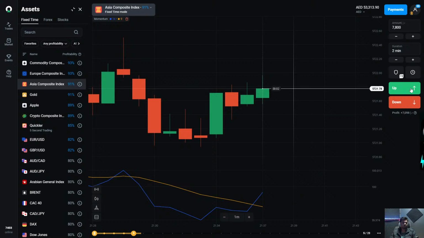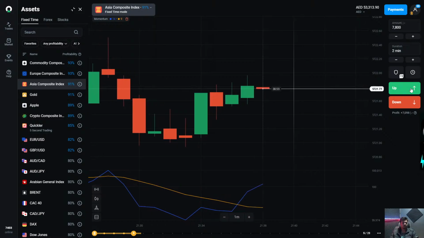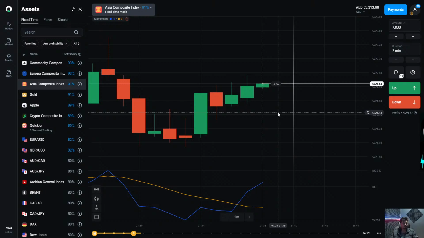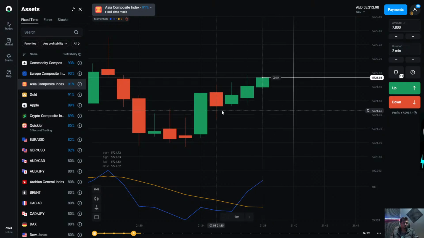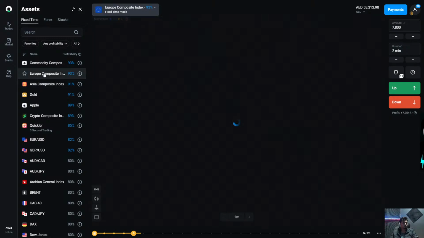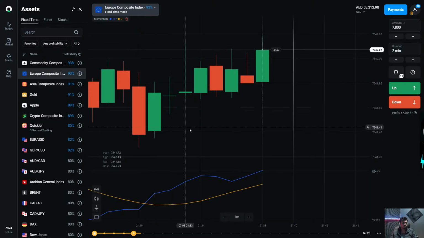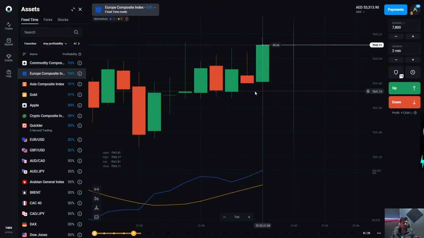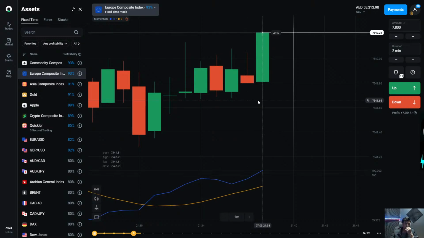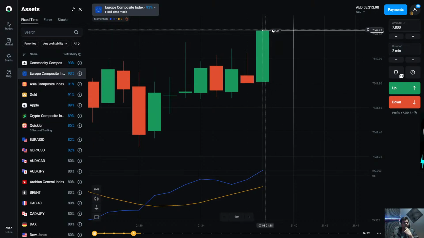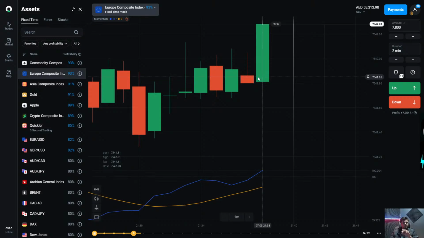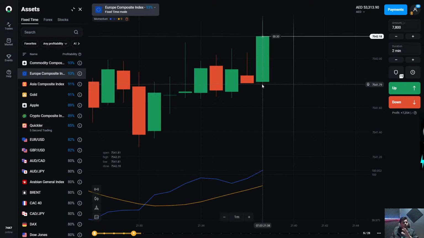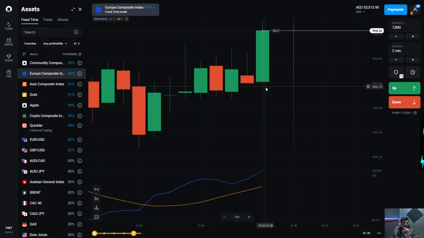6, 5, 4, 3, 2, 1, and it will give the new Japanese candlestick with the new direction. So it can go downward or upward. It depends, as it's just moving upward right now. Hmm. Here it's just going to the upper side. If it comes back from here till here, and I make a trade, and after that it just moves up and down, then it's really good, quite fantastic.